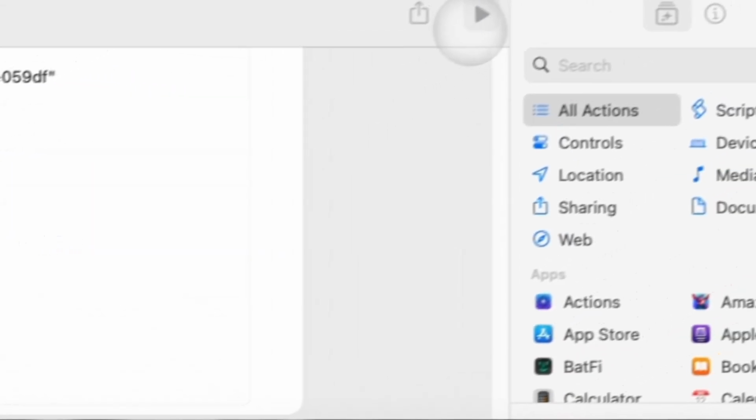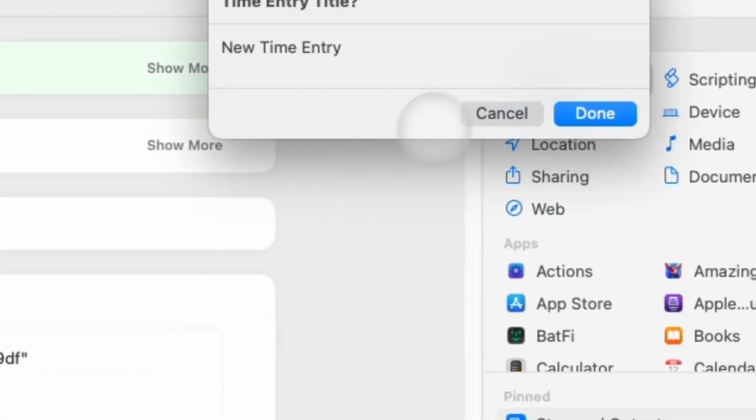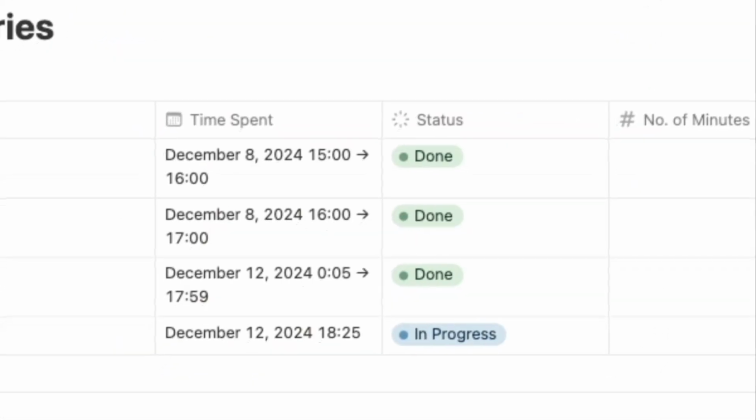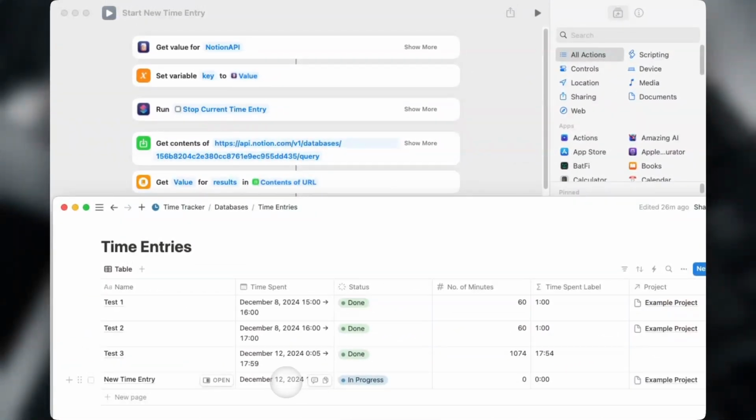Now let's see the time entries database, and let's run the shortcut. I'm going to change the example project. And as you see, we have now a new time entry with the default title, and we have the start date 18/25, which is correct during the recording of this video, and we have status in progress, have relation to example project right there. Great,